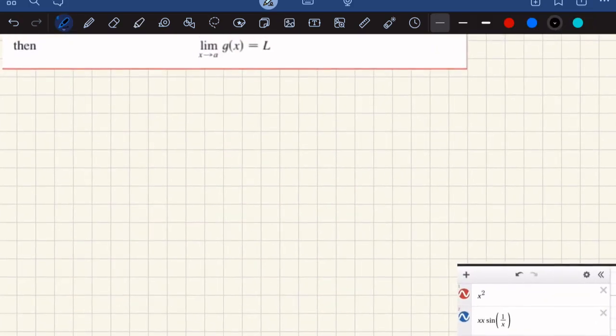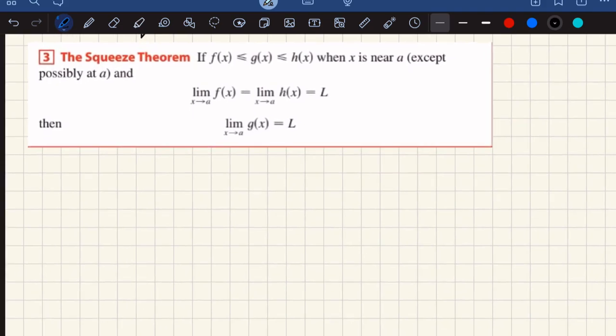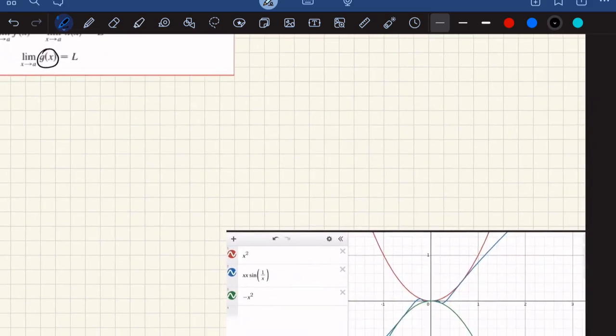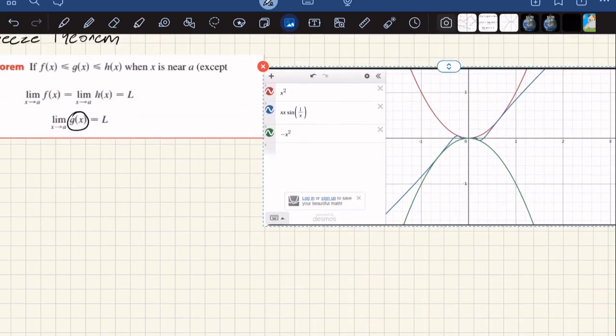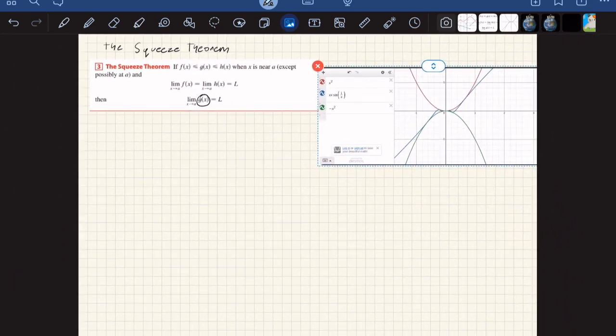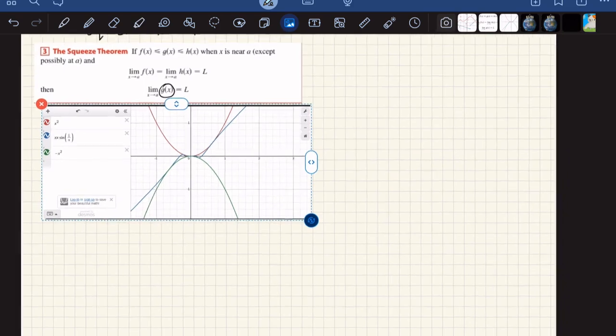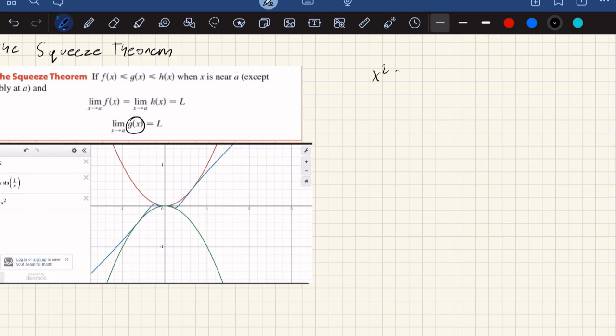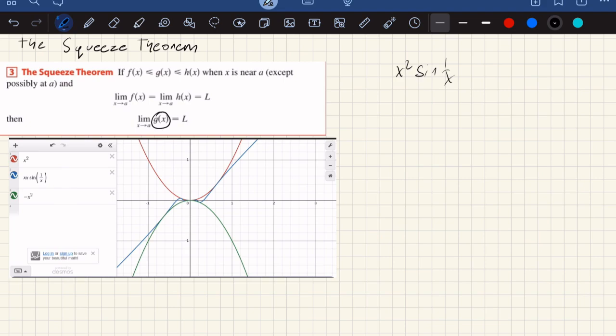Okay, so there's a couple conditions needed for this theorem. First, the function you're trying to find the limit of, which would be g of x, has to be enclosed between two other functions. So let's look at this example here. Our g of x would be x squared sine of 1 over x, and we're trying to find the limit